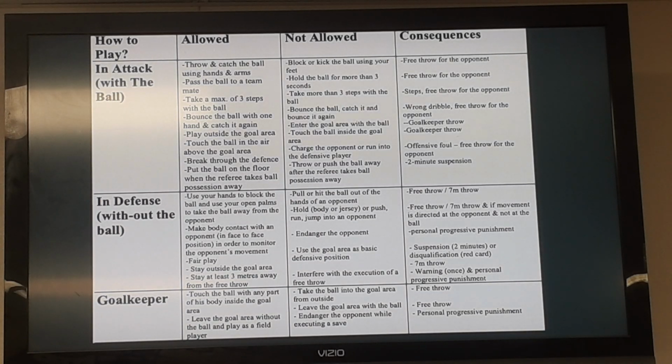So on defense, without the ball, you can use your hands to block. You can use your open palms to take away the ball from the opponent. You can make body contact with an opponent in a face-to-face position. So what this looks like,